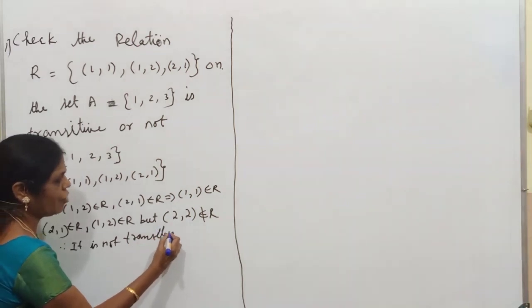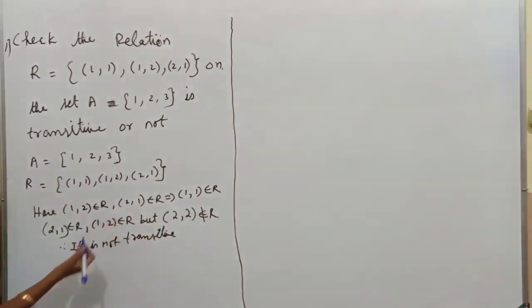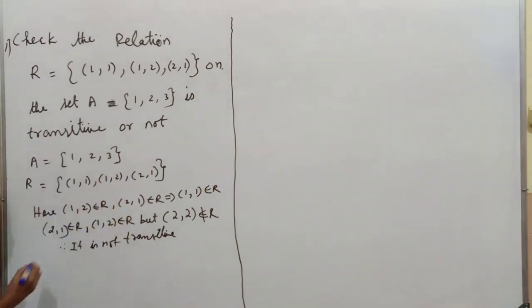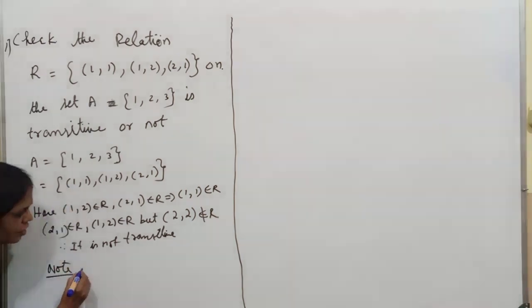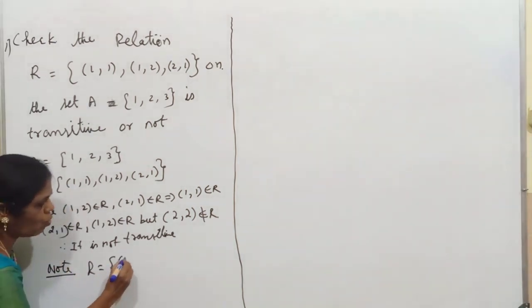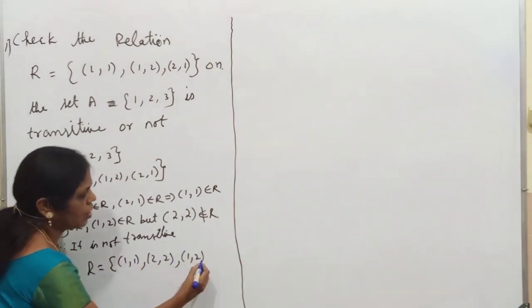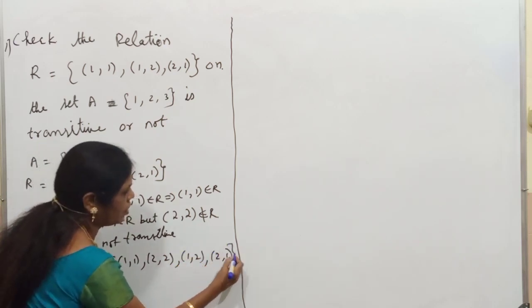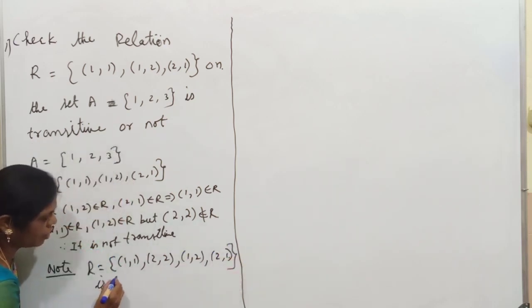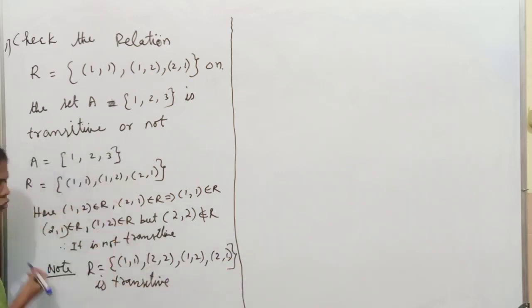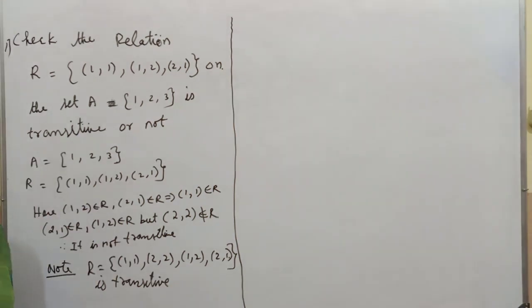What example did I give for transitive? Just to check it out. If I had given another example, it's okay. If I give this type of example, whether (2, 2) is there, you have to check. So then which is transitive? For the same set, R = {(1, 1), (2, 2), (1, 2), (2, 1)} is transitive. So make this a note. Right.